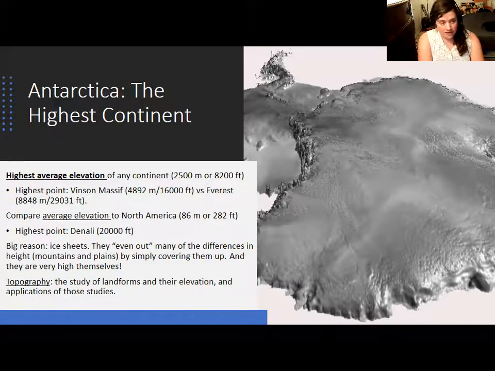Why is that important? Because we need topographic maps to do research in Antarctica, for one thing, to know what kind of terrain we're dealing with. And in a more close to home setting, urban planners will use that to figure out if an area is safe to build on, or if they're even trying to build a city, if this area has terrain that is appropriate for a city. And now we will find that Antarctica looks quite different from this if you actually get any image of what it looks like under the ice. And topographically, it is much more varied, but the average heights are being considered based on the glaciers.